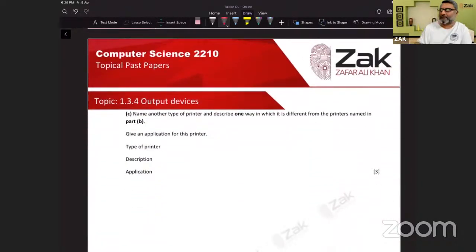अच्छा जी, उसके बाद नेम अनदर टाइप ऑफ प्रिंटर और डिस्क्रिप्शन भी उसकी फिर आपको बतानी है। तो हमारे पास एक अनदर टाइप ऑफ प्रिंटर इज लेजर प्रिंटर या लेजर जेट प्रिंटर। तो अब इसमें हमें इसकी डिस्क्रिप्शन बतानी है। तो हम ये कह सकते हैं कि ये काम कैसे करता है। सर कैन यू एक्सप्लेन ऑपरेशन ऑफ 2D एंड 3D स्कैनर्स। बेटा स्कैनर जो होता है ना,